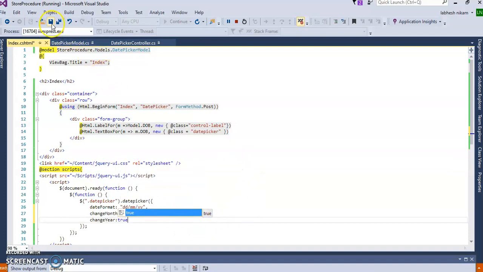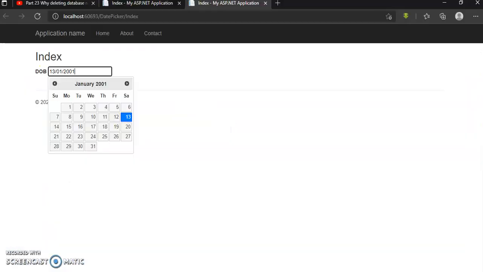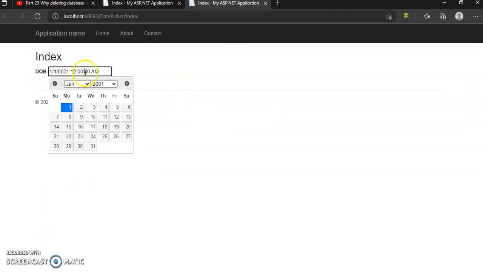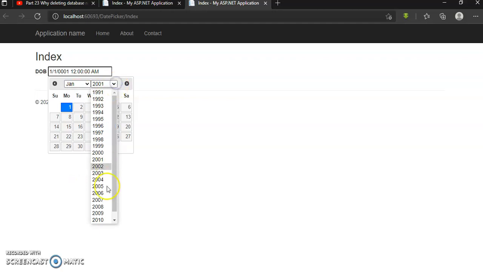Now save this code and let's see the calendar. Refresh the page, right? Click on this. You can see here I can now change the month and year. So I can use this drop down for changing the month and year.